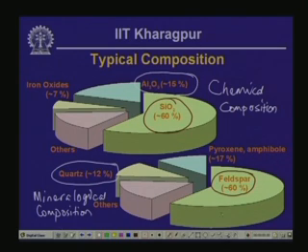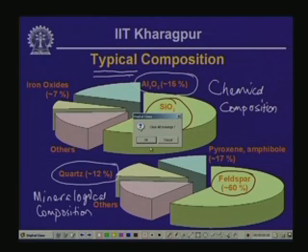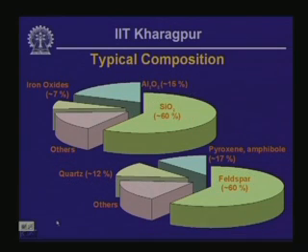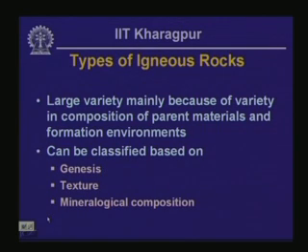So, the typical ranges are shown here, and you should not construe that these are the only compositions that may be possible for a partially molten rock forming material. Okay. So, as I indicated, there is a very large variety of igneous rocks, and this large variety is mainly coming from the range of composition of magma or the parent material,